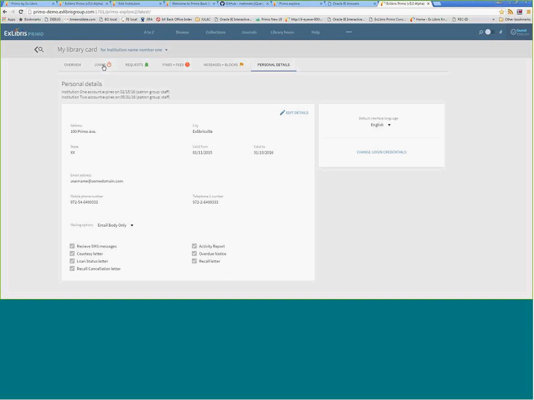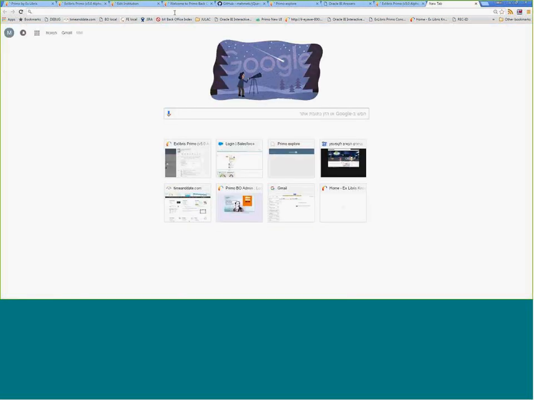This is going to be configurable. If, for example, you configure 2 days before a due date, only then will they see this small icon. Same for requests. Only if we have items that were requested and are now available in the library will we see this yellow bell here. In the future, not the far future, but not with this release, we want to take those icons and present them already in the search area. They don't need to go to the library card, but they get those notifications right when they sign in. So I just wanted to show you this new concept, and now I'm going to show you